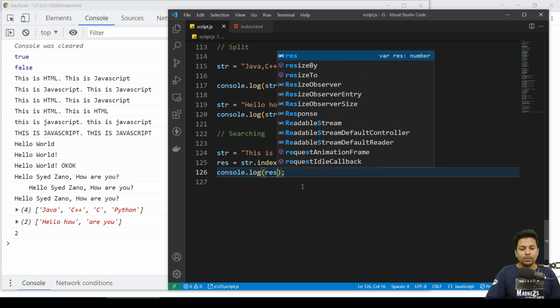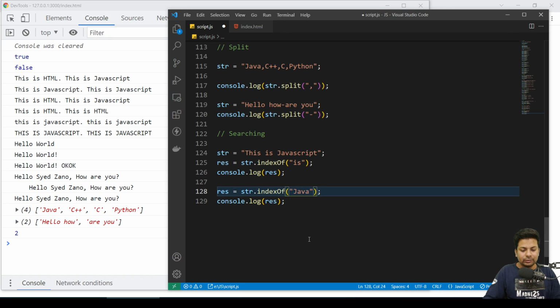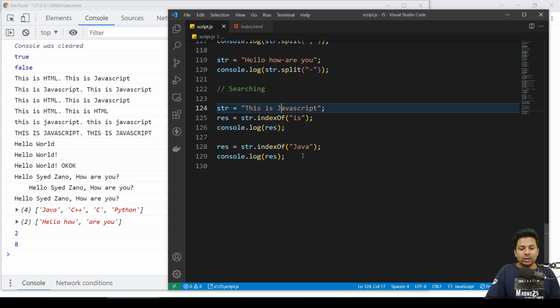You can see 2. It's starting at position 2: 0, 1, 2. Now suppose I want to search the index of the word Java, where it starts. 8, starting from 1, 2, 3, 4, 5, 6, 7, 8.